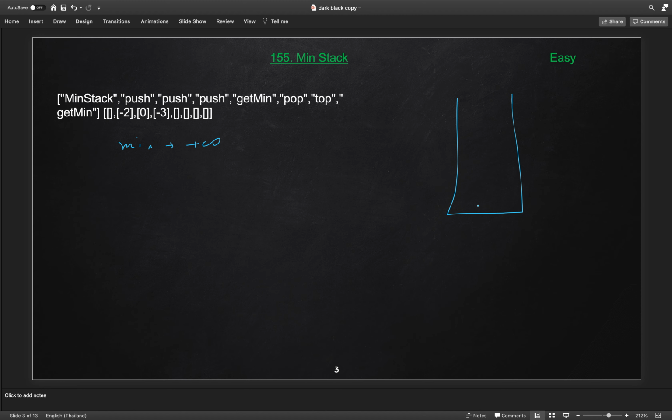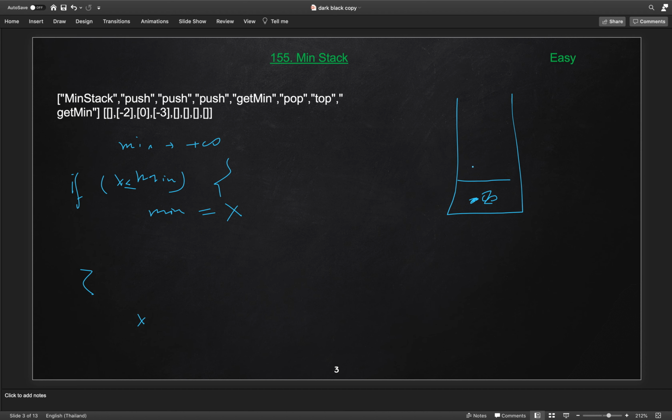Let's say the stack is initially empty, so the minimum is infinity. If we compare x, and x is less than or equal to min, yes, this is the case, so we will add the minimum element. Initially the minimum element is infinity. After that we update our minimum with the current x value, and after this if condition we also add x to our stack.